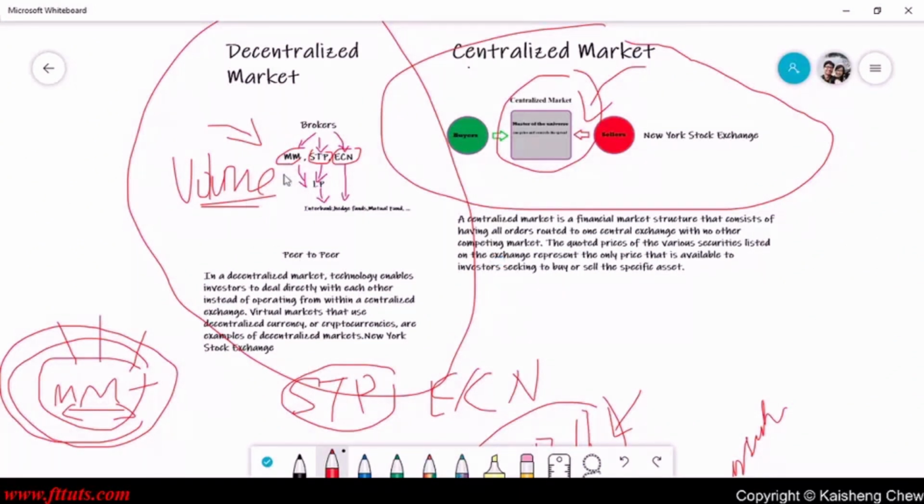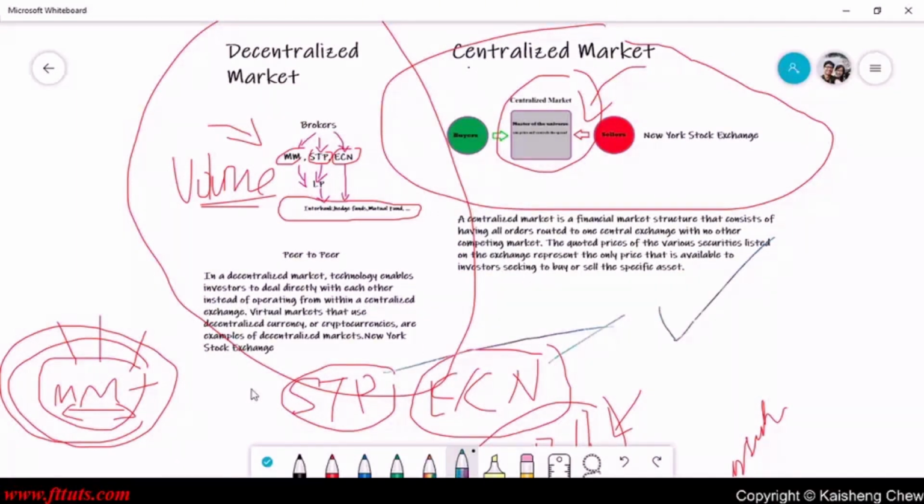So, rather than the market maker, they take only the order, the tick volume. Mainly, they use the tick volume inside among their users. But STP and ECN, they will take a lot from a lot of suppliers, interbank, hedge funds, and mutual funds. That's why I think the tick volume for these two kinds of broker is much more accurate compared to